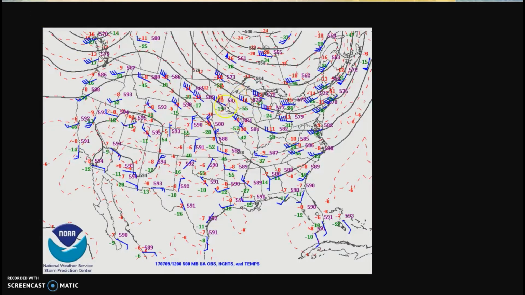This is the 500 millibar. Winds are from the west-northwest actually, at about 30 to 45 knots. Pretty strong. The reason for the storms in Minnesota was partially due to the ripples in the jet stream, and